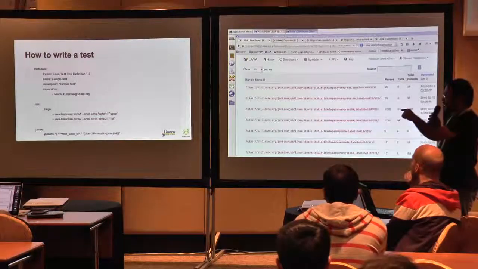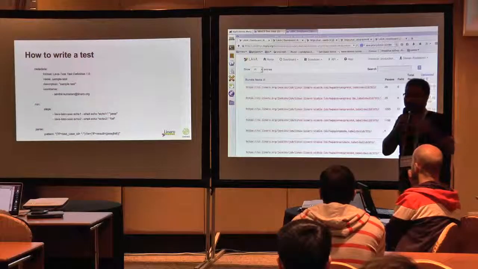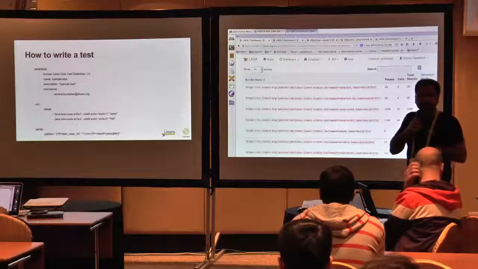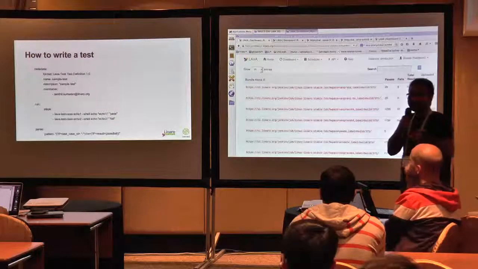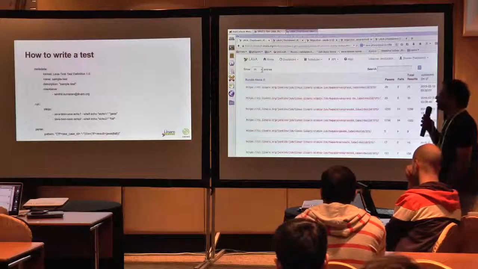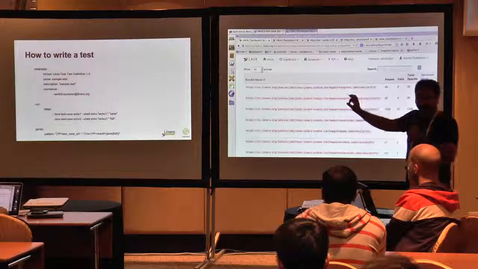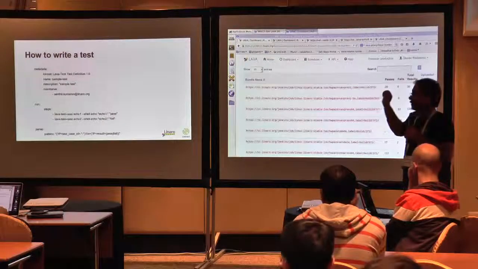In the steps section, you can give a list of steps, which could be a command, or a script which needs to be run on a device. That forms the main part of your test definition.